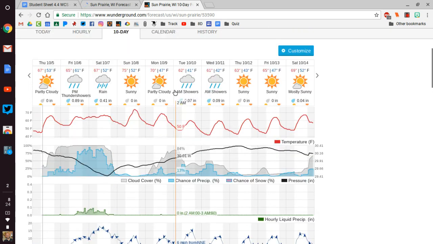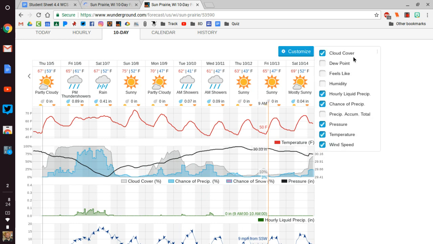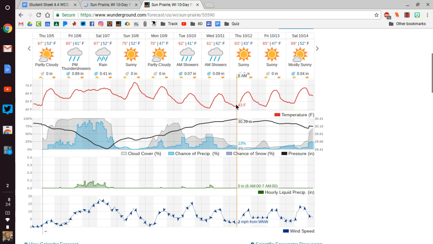This is what you should see: the 10-day forecast. You'll need to take a minute to customize your personal graph. You're going to want the following clicked. You're going to want cloud cover, hourly liquid precipitation, chance of precipitation, pressure, temperature, and wind speed. So 6 of those boxes should be clicked. Then what you're going to do is you're going to get the graph in front of you,